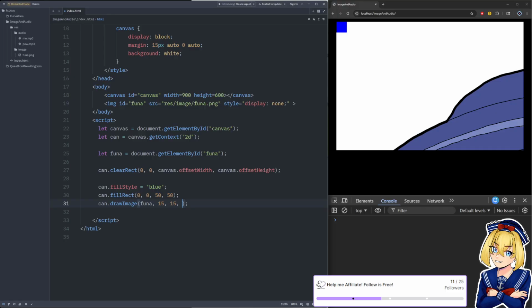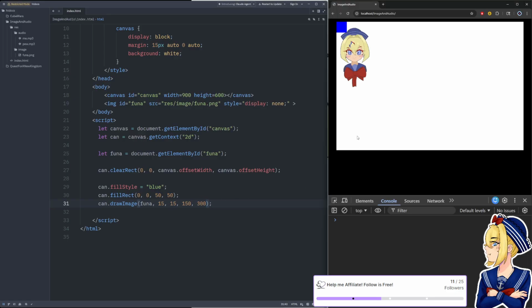You actually have to calculate that stuff yourself if you want to maintain aspect ratio. I don't really care at the moment. I'm going to do a similar thing to before and say she's 150 by 300. And that gives us a pretty decent cutout of Funa from the image that we have hidden on the page.